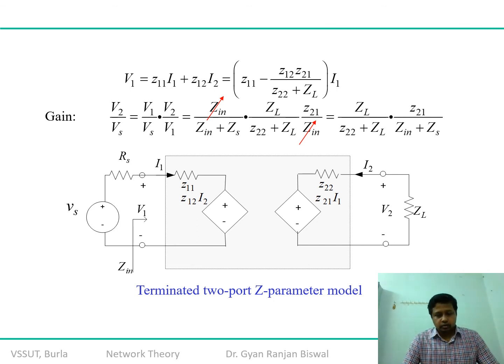So looking into our perspective, there is a source voltage and a source resistance. This is the internal white box where the values z11, z12 i2, z21 i1, and z22 should be arranged. Here is V2, and this here is the load impedance. So this is the exact configuration of this particular network. Remember it is a white box, so the lower potential terminal, the ground terminal, remains the same.